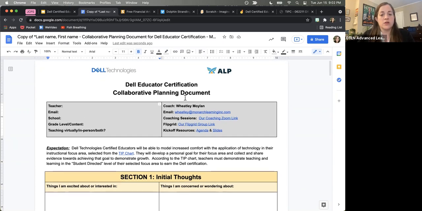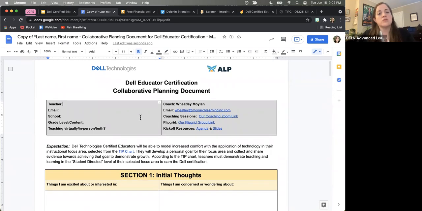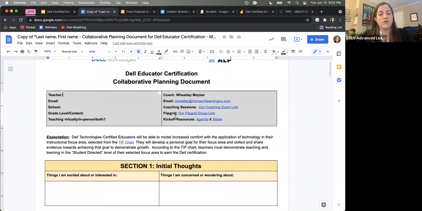This is just so that it's all there. If you notice on the right, there's also going to be my information. My email's there, so you can email me from there. Anytime we have a coaching session, this is your Zoom link. Flipgrid, which we're going to use, is over here as well. So everything's in one spot. Those of you who were asking today about these resources, right here it says kickoff resources. I put the agenda in there, the slides, everything's there. You can click through and find things if you need to borrow any of the links or information.